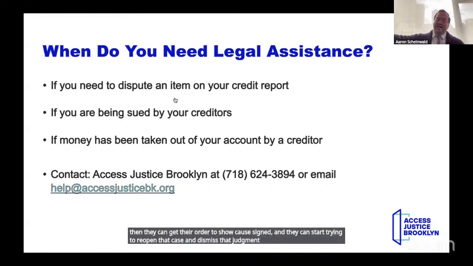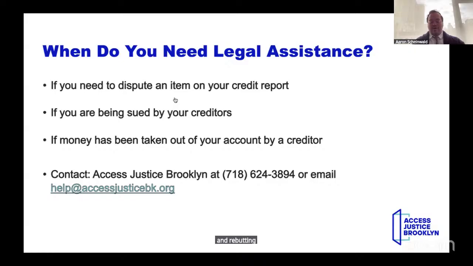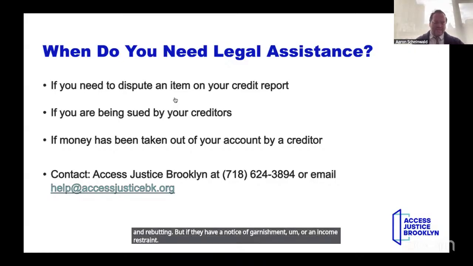And the plaintiff has to oppose that order to show cause, and they have to provide the affidavit of service. And then from there, you can start figuring out what's going on and rebutting. But if they have a notice of garnishment, or an income restraint, or an asset restraint, and they want to